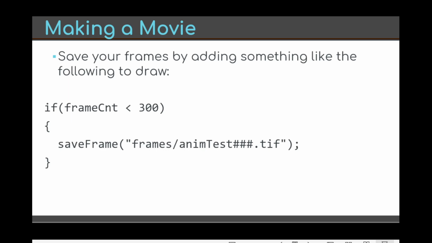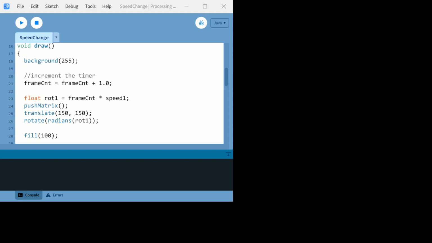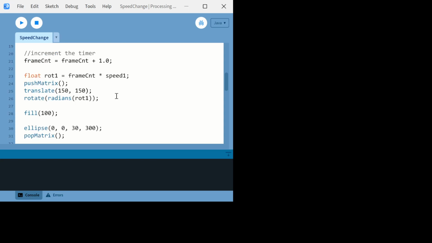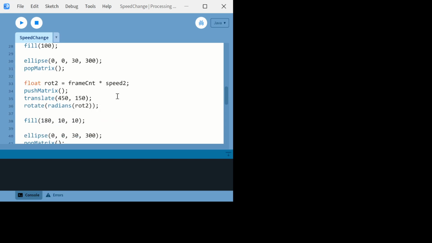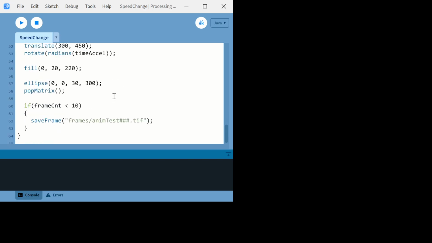So taking a look at that, let me find the example. This is the speed change example. One moment, I'll bring it up. Speed change. So notice what we're doing is drawing a few things, rotating a few things. You can look at the ellipse and pop matrix here. You'll see what's going on in just a moment. What I want to show you is at the bottom,